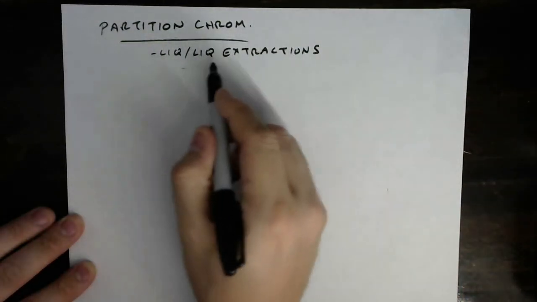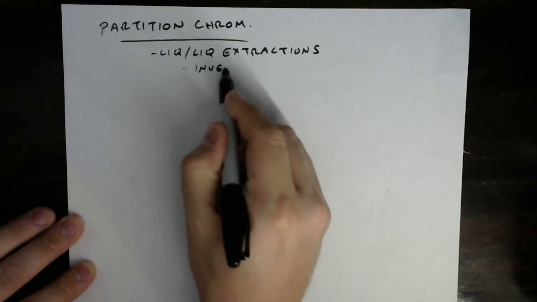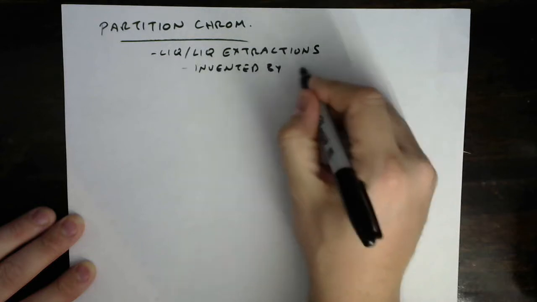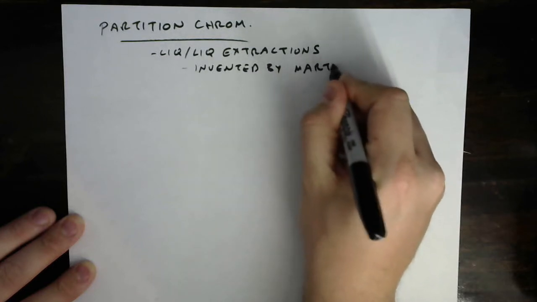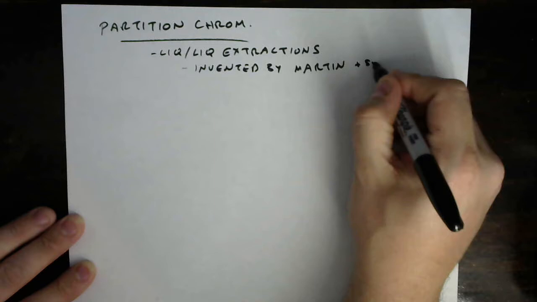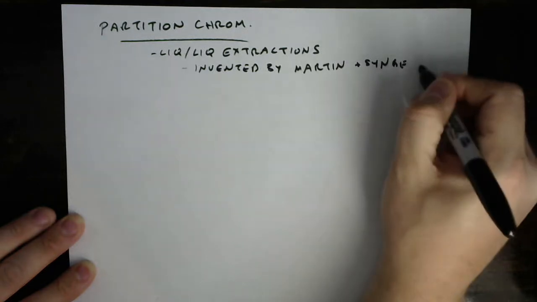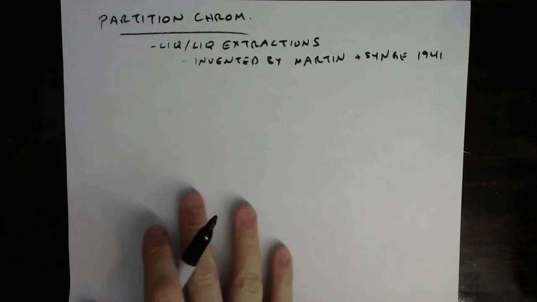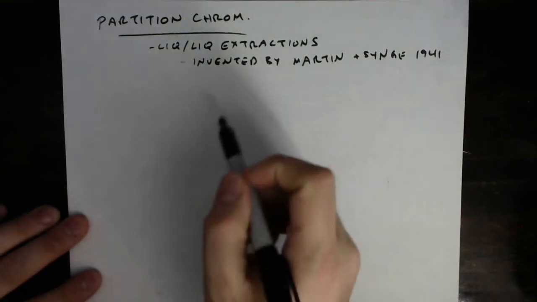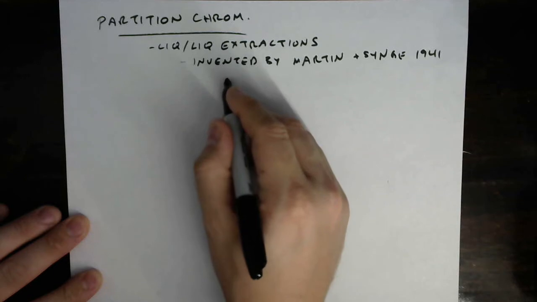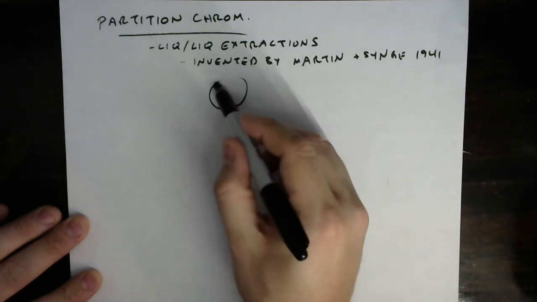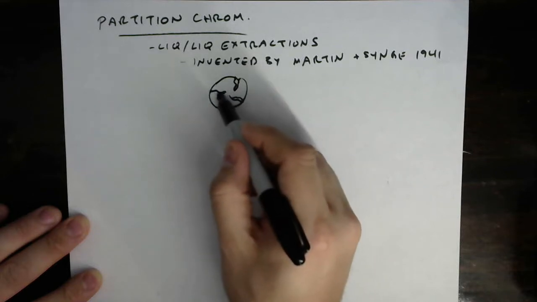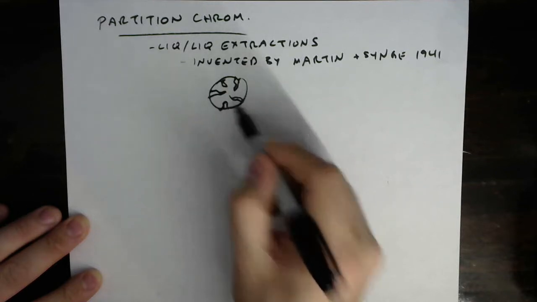This is the thing that was invented by Martin and Synge, and this was in 1941. So if you remember back to that conversation, the concept there was that these guys took silica particles. And of course, these particles were porous, they weren't solid spheres. So these porous silica particles,